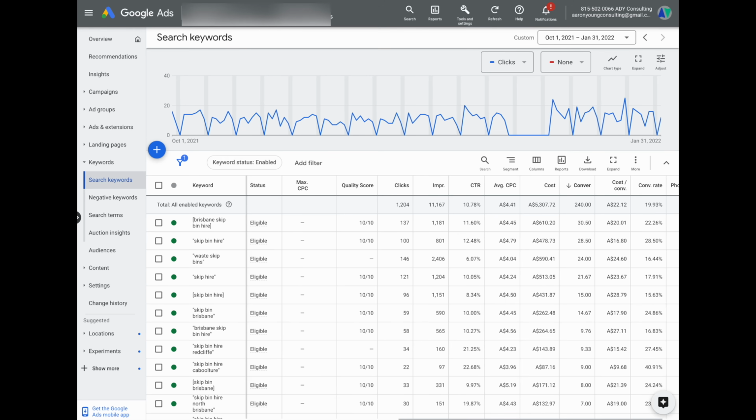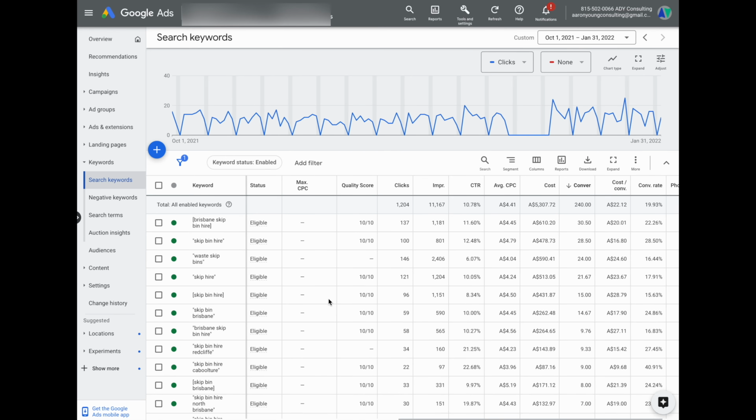The second thing that you want to do in order to lower your cost per click is you want to update your keyword match types to phrase and exact match. However, I do want to stress that for the first 30 or 60 days of your campaign, I would recommend using the broad match type for your keywords. And in this first 30 or 60 days, you want to be doing a search term audit every 3 or